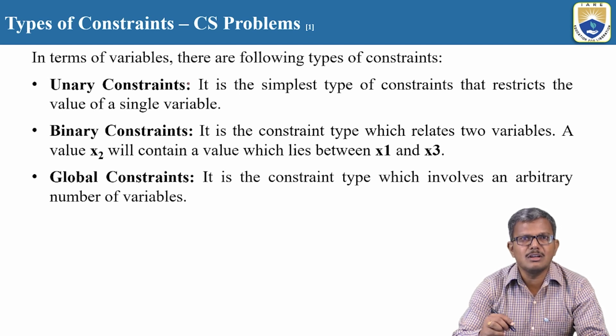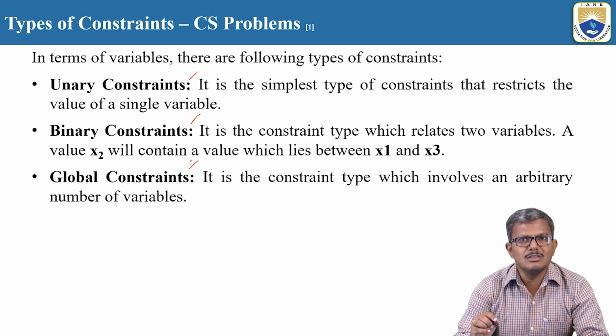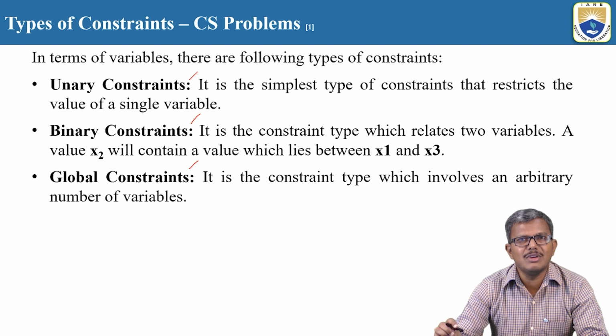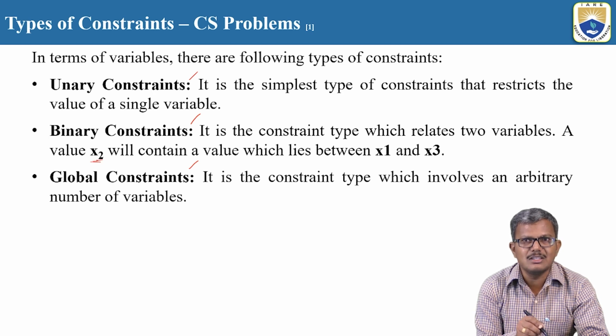Unary constraints. Now let us talk about the different types of constraints we have. One is called unary constraints, then binary constraints, and another one is global constraints. Unary constraints are a simple type of constraint that restricts the value of a single variable. The name itself says unary: only one variable. If I say binary constraint, we talk about multiple variables. For example, if I say that x2 is the binary constraint, that means that x2 will be in between x1